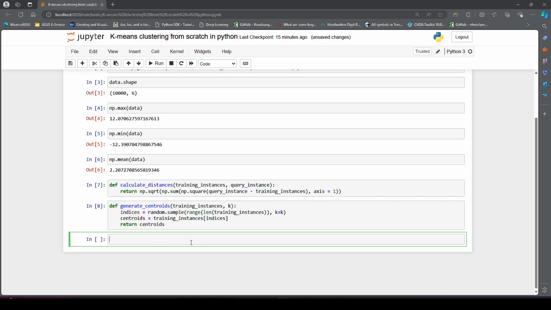This method is actually self-explanatory, but nonetheless I will explain it to you guys. What it does is, from the training instances that we have with us, I will ask this function to pick k random training instances as my cluster centroids. How do I do that? I have 10,000 data points with me, and out of those 10,000 data points I want to pick some random k data points as my centroids. How do I do that? First, I will take the indices of that